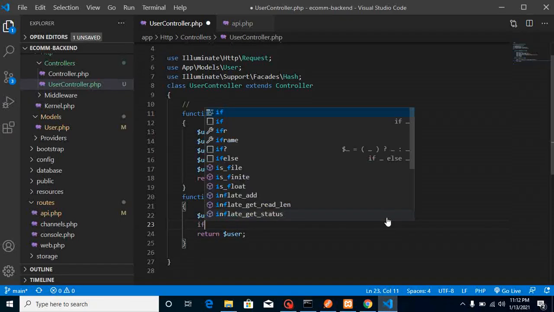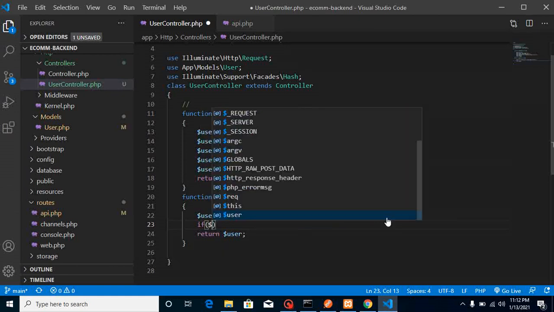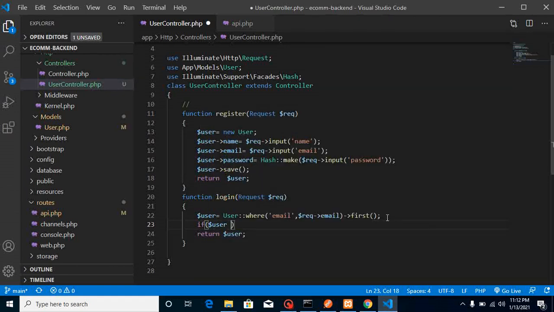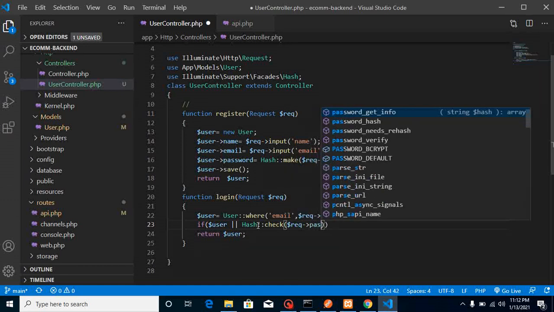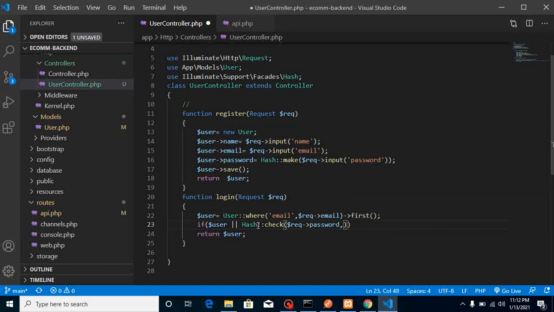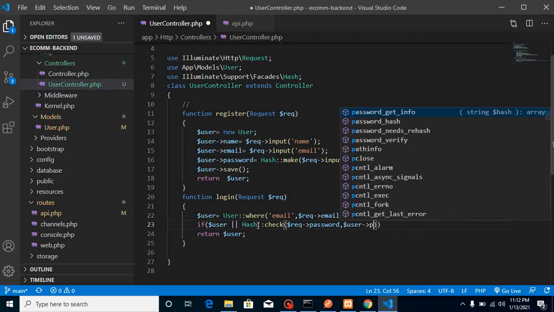Just write here, if there is no data with the email address like user, or Hash, which is our encryption and decryption class, and it has a function, the check method. Inside it, let's pass here request password and $user password, right?